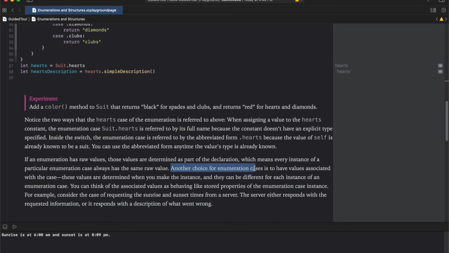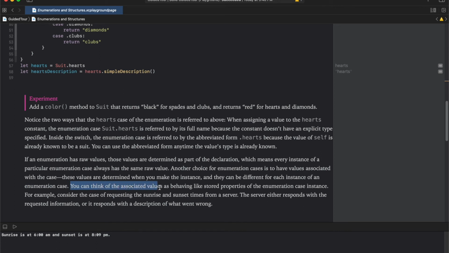Another choice for enumeration cases is to have values associated with the case. These values are determined when you make the instance, and they can be different for each instance of an enumeration case.